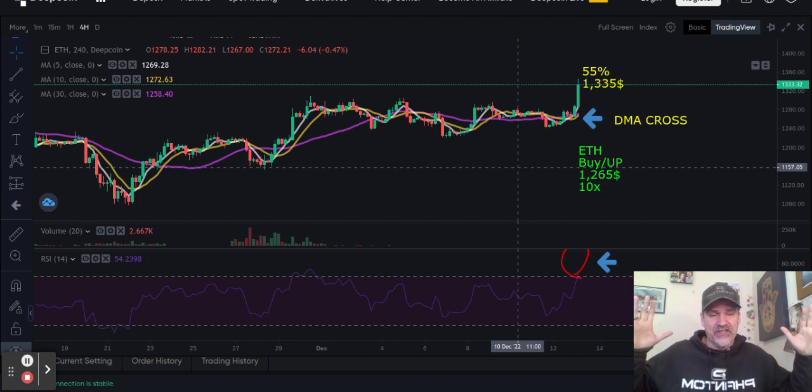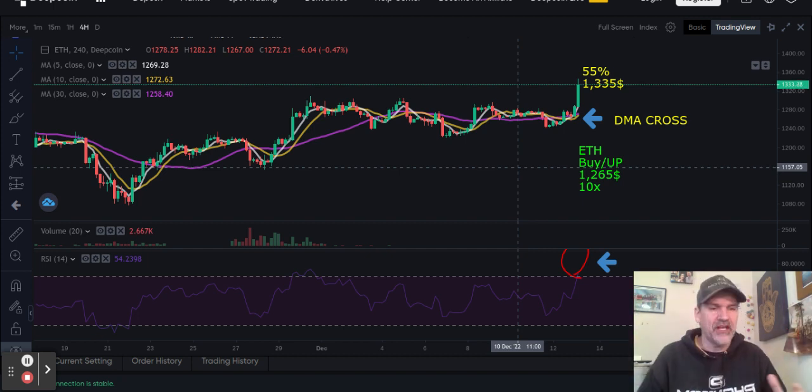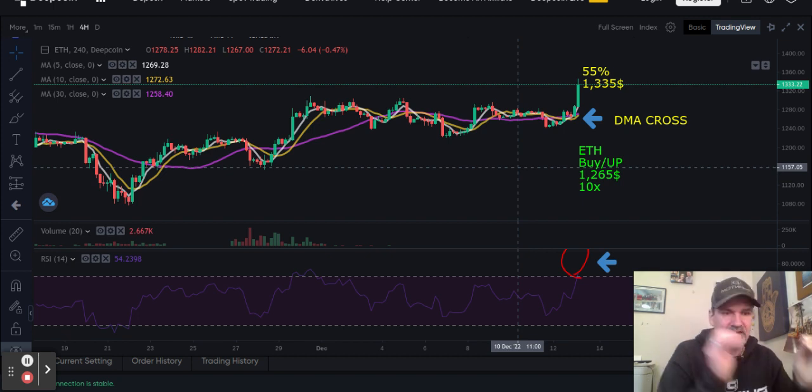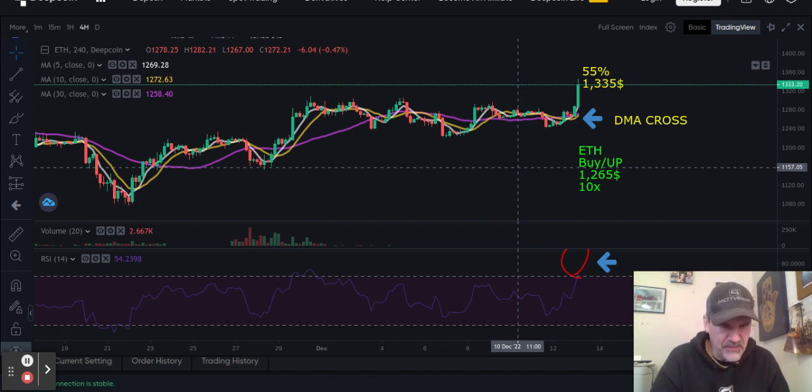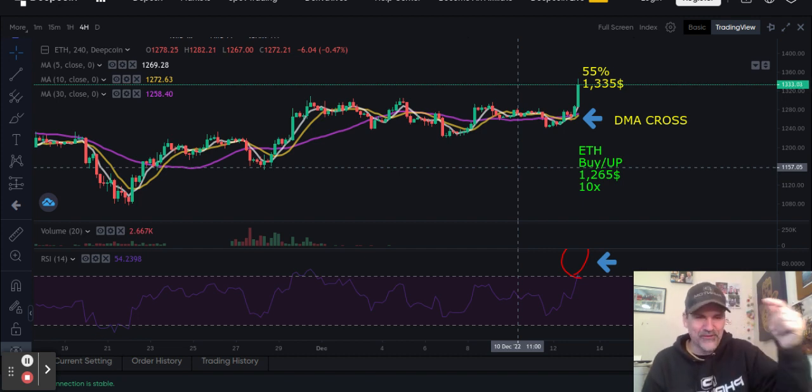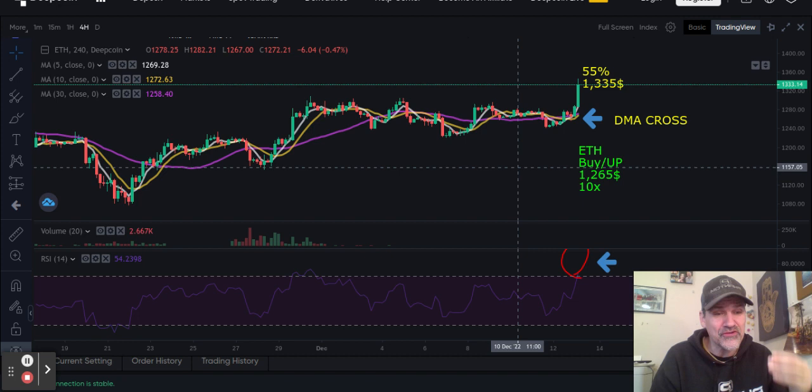Remember, we always try to back test all these trades so people can learn from it and understand what did you see, why did you do what you did, can I rinse and repeat it? Yes. That is all crypto trading is, rinsing and repeating your trades. Rinse the pattern, repeat the pattern. Trade, entry, trade, exit, trade, entry, trade, exit. Okay, that is how you rinse and repeat the patterns, because the patterns are always repeating, mates. That's why they're called patterns. Okay, so you want to keep an eye on that. That's where we're at, mates.